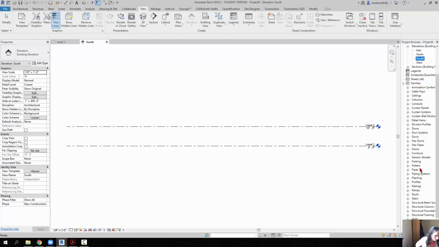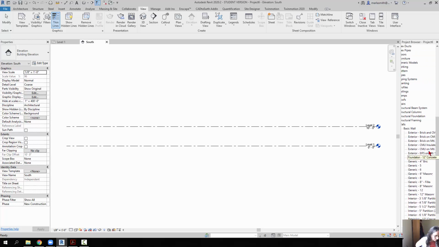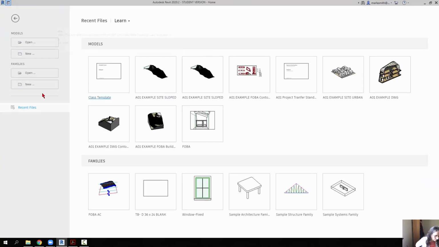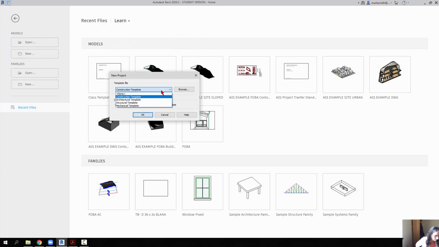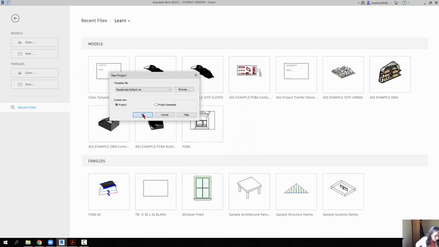If I go to the families, and I expand the walls and the basic wall, you're not going to see those generic wall types in here. You're going to see just the basic generic Revit. Now if I close this down and I go to New again, let's go to Browse actually. So I'm going to go to Browse here, and I'm going to pick the residential default template because there are more templates available. The one they use for the architectural is this default one. But if I go to residential and click Open and click OK,